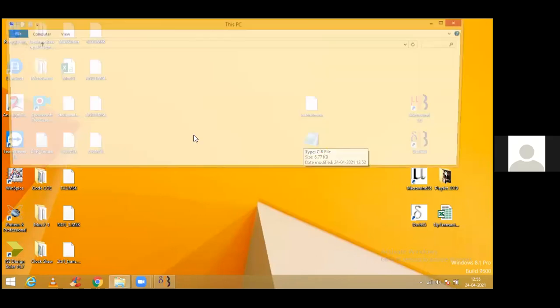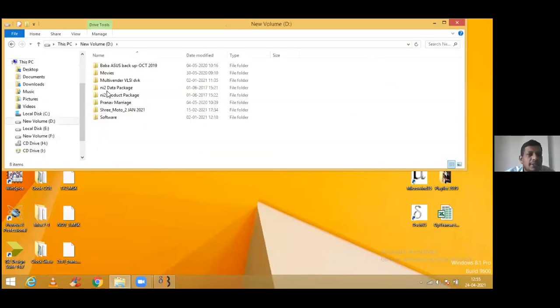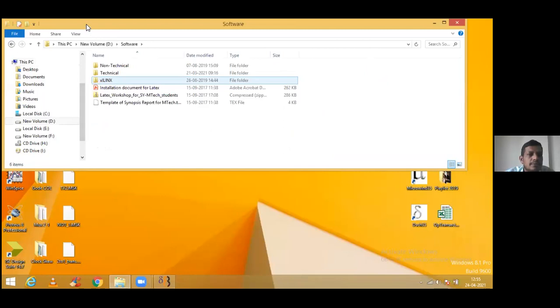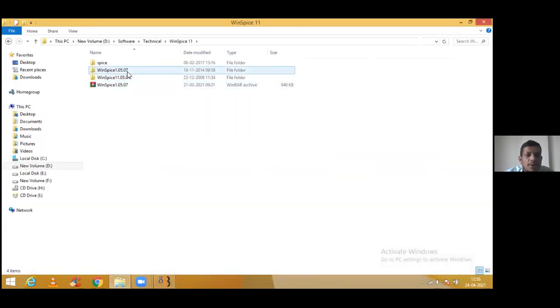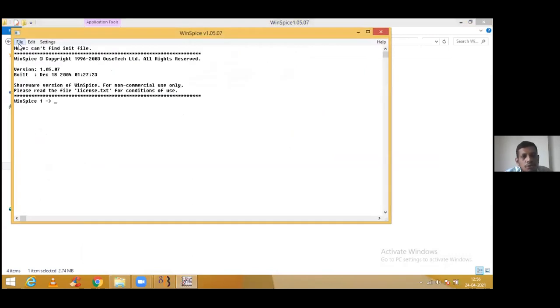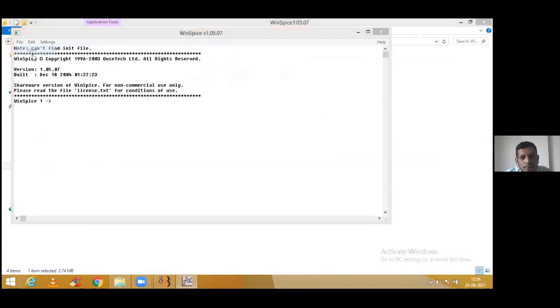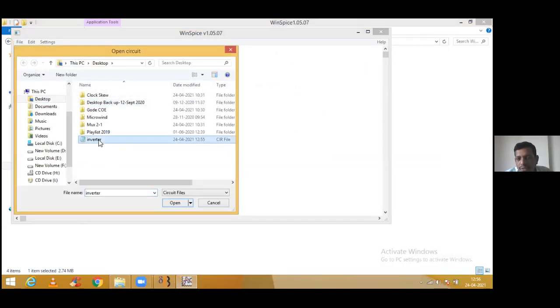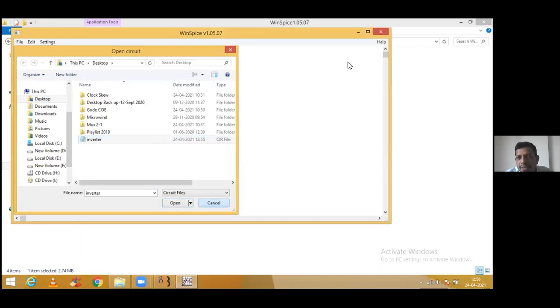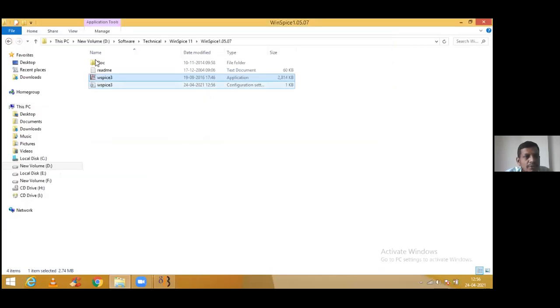Now, guys, I'm having a third-party simulator like this. I will share this one with you. WinSpice 1.5, that is only a simulator directly. I'm going to share it with you all. Open this. Okay. Go to File and open that CIR file. Are you getting my point? What I did, I will share this folder with you, that Spice Netlist folder.